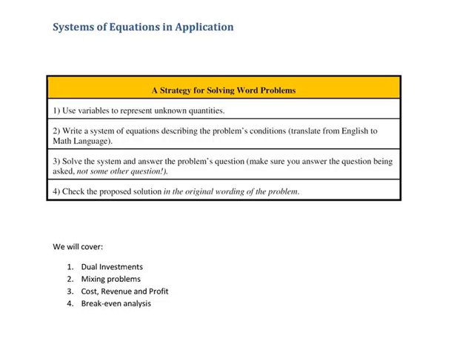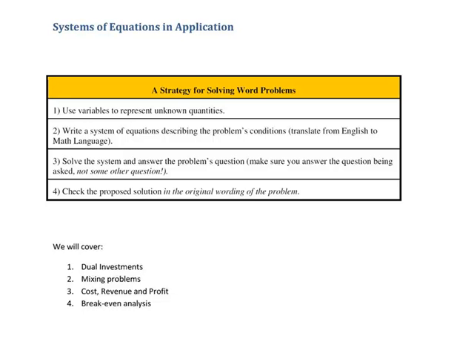And we're going to make sure that the answer that we give is the answer to the question that's being asked, not some other question, right? So you'll get variable answers, but you don't just circle the variable values. You actually need to go back into the problem and make sure you answer the question that's being asked. And then, of course, we want to check the proposed solution in the original wording of the problem. Not only asking does it make sense, but also checking to verify that it satisfies the conditions that are stated